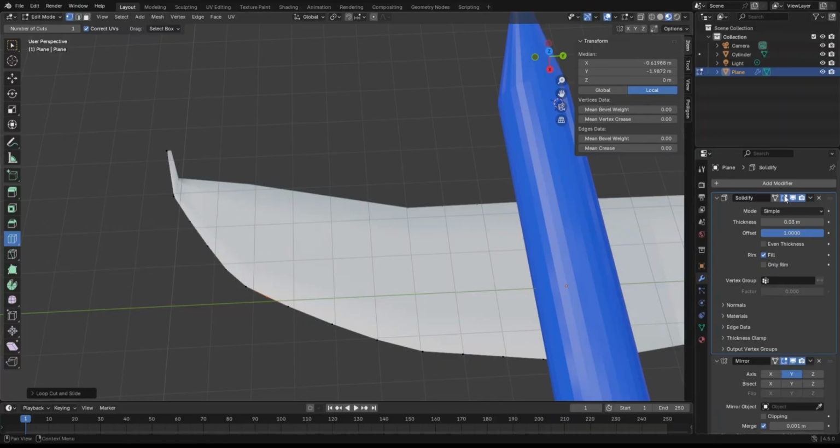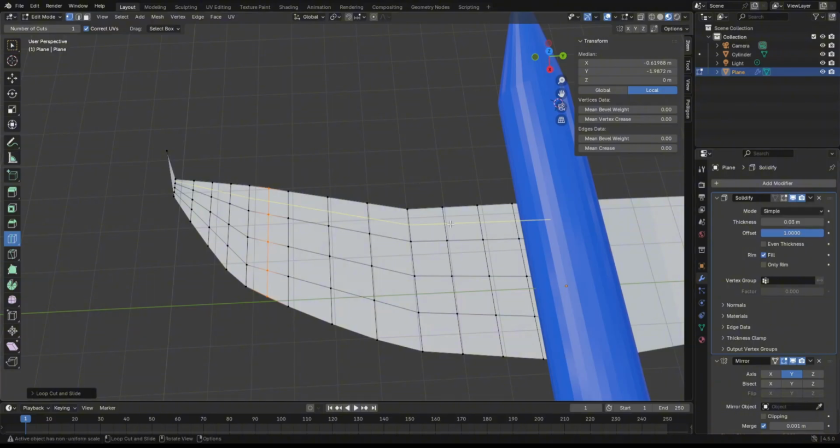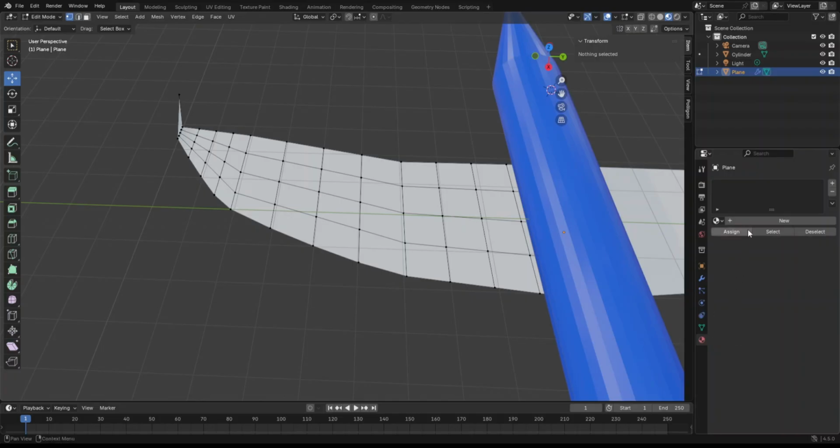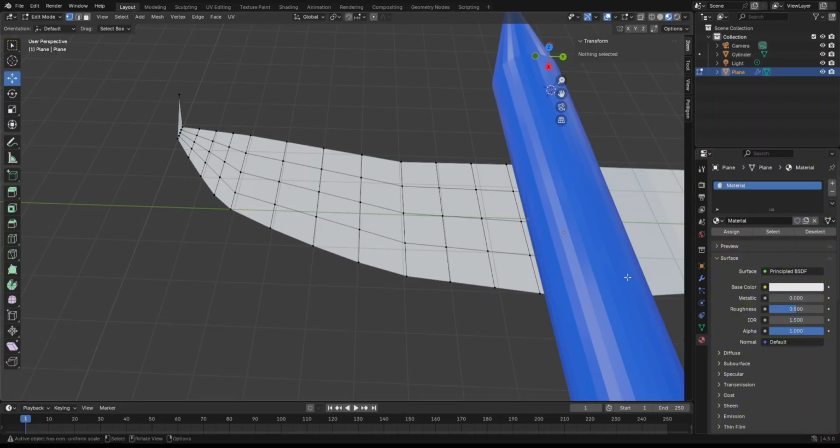Oh yeah, you want to do this, that way you can see your loop cuts. Actually, you don't need to loop cut here because everything is already a bunch of vertices. So we're gonna go with the color. Now this is gonna be named base material, and we are going to